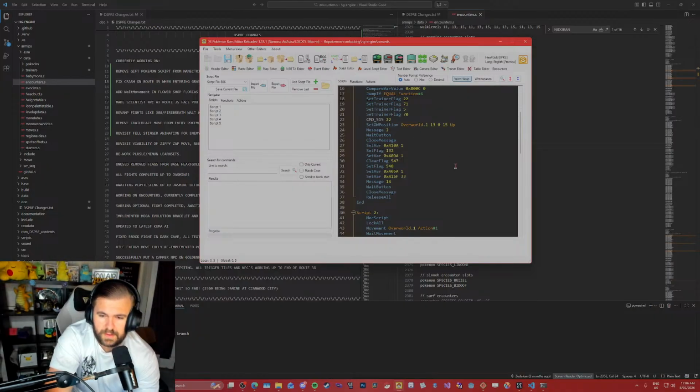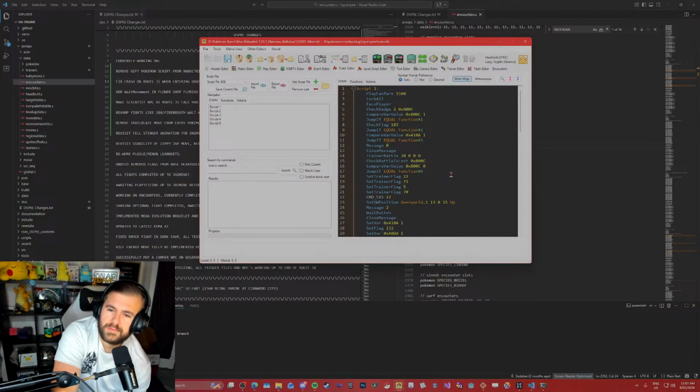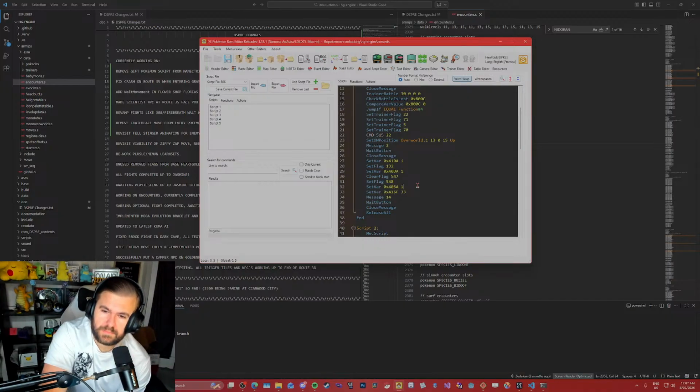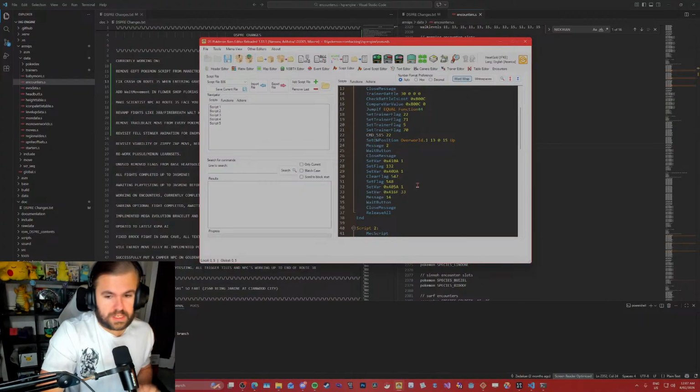Wait, what? Oh no, because the cap is 30 for... Yeah, that's right. Cap is 30 for Whitney, 33, then it goes to 36 for Morty. Yeah, that's right. Okay. Should set the VAR to 1. So if it's 0, it lets you pass because it's now set to 1, right? So that should still be fine.